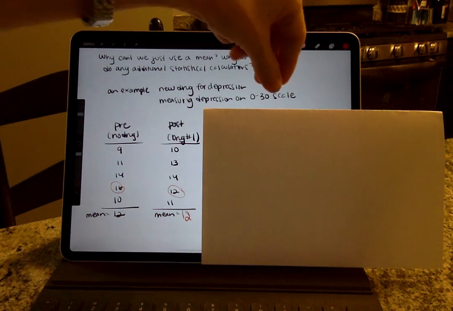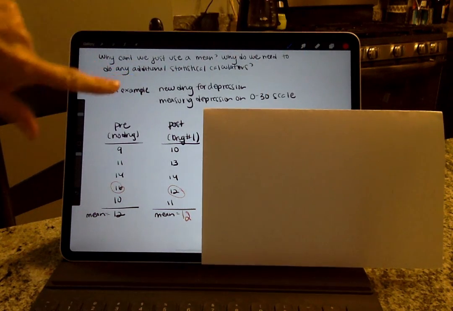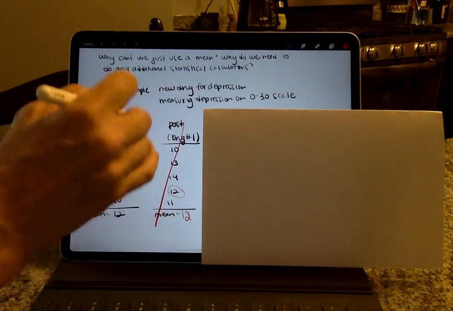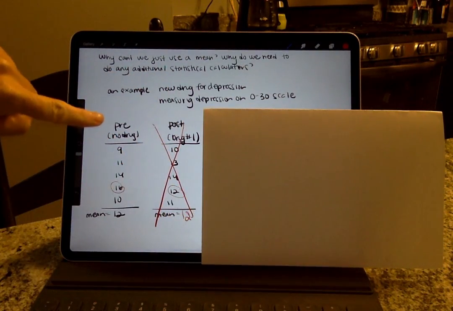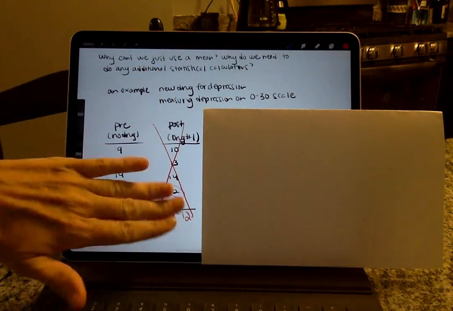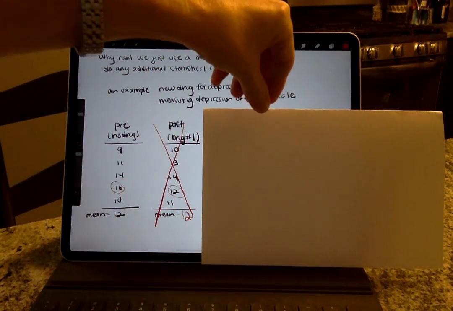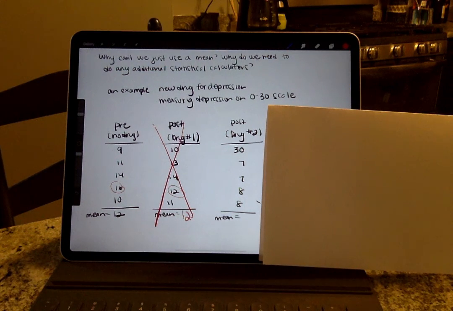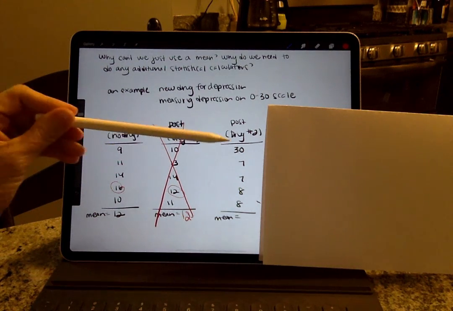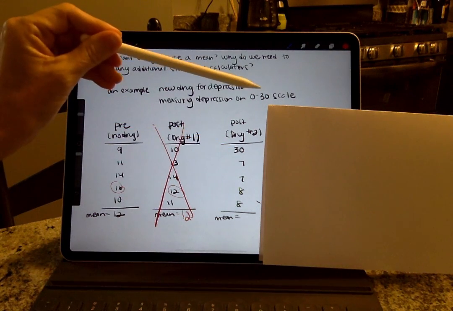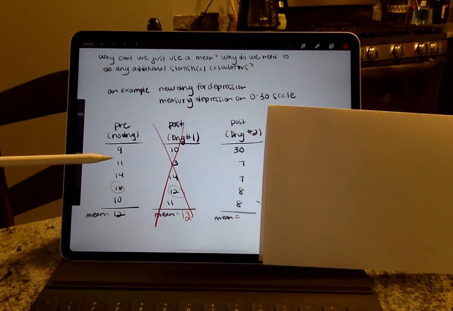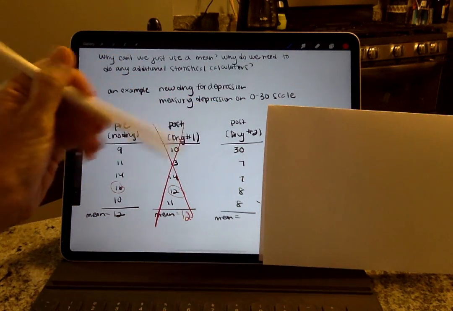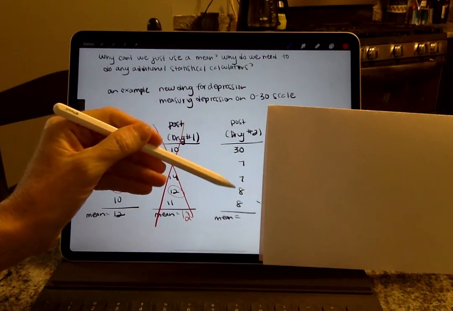Okay, so we're good pharmaceutical company employees. We decide that we're going to market a new drug, so pretend we're going to get rid of this one, and these same 5 people, we're going to wean them off of this drug. We're going to put them on a second drug, and after about 6 weeks, we're going to measure their depression score. So this is drug number 2. All right, so now the 9 went up to a 30, which is the highest possible score, but 11 went down. I'll go back to that in a minute. First, let's calculate the mean. So the mean of 30, 7, 7, 8, and 8